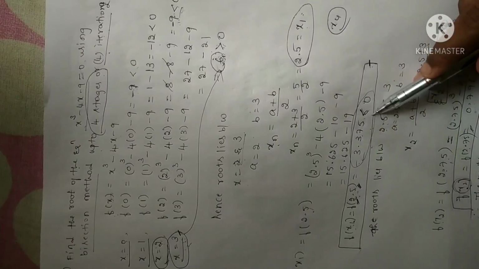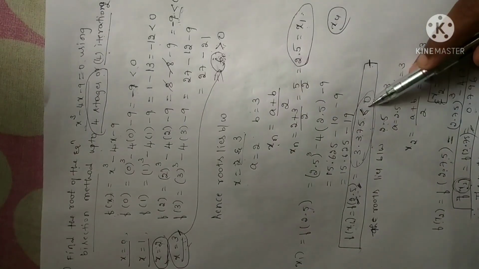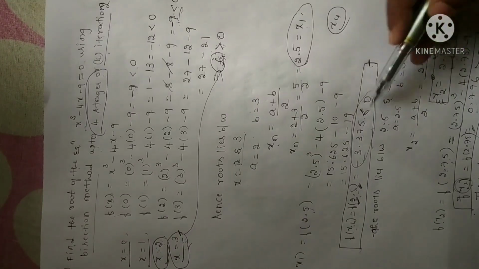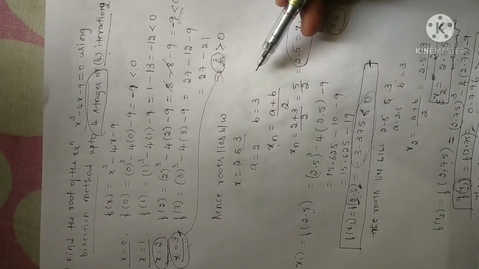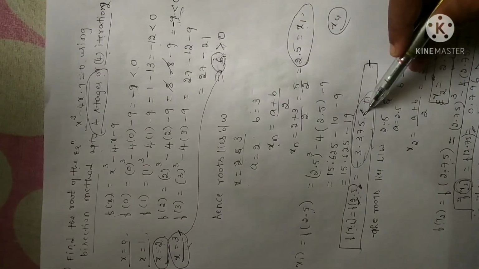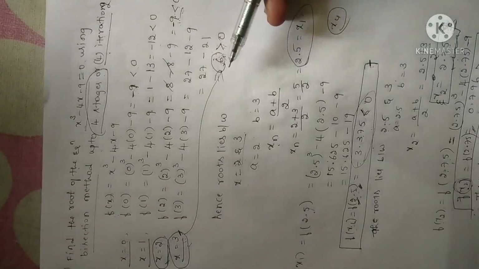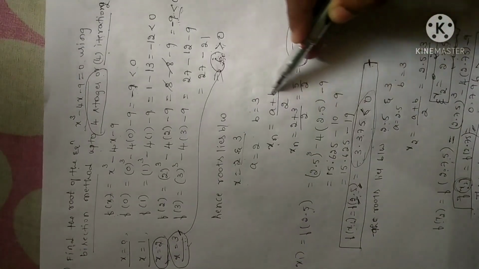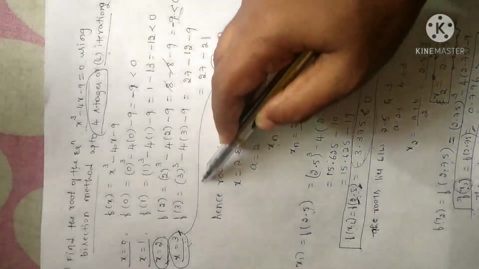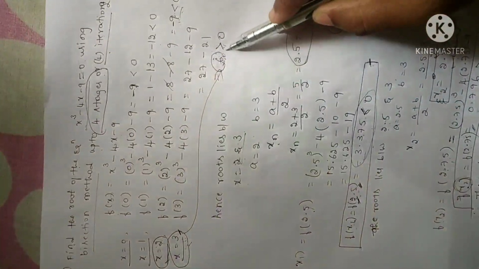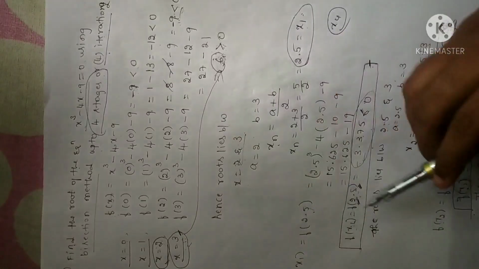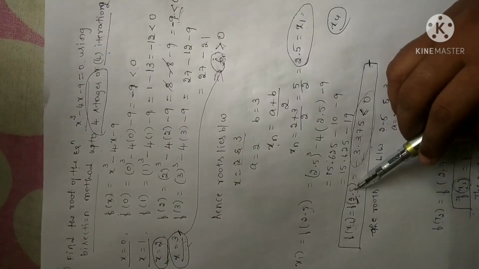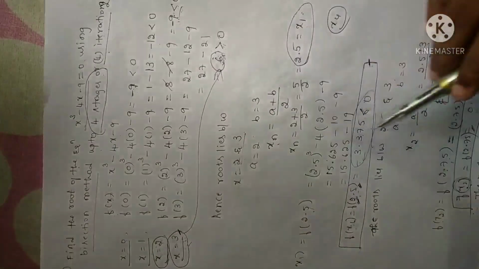After simplification, you will get a value, no matter whether it is positive or negative. Now suppose you get negative here, look for the previous step where you have positive. Suppose you get positive value, look for the previous step where you have negative value. Since you have negative here, I am going to search for the positive value. Since f of x is positive for x is equal to 3 and f of x1 is negative for x is equal to 2.5, therefore, the root lies between 2.5 and 3.